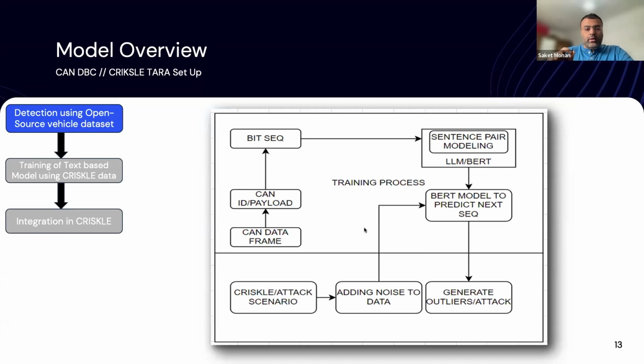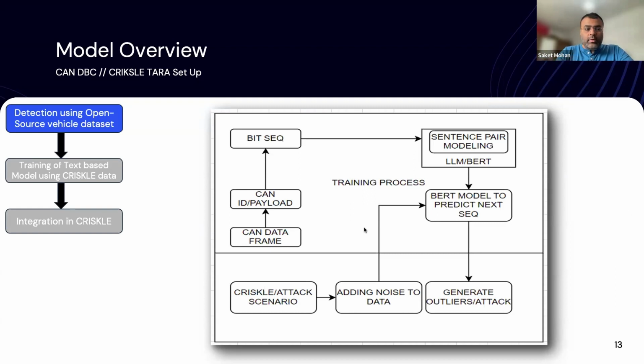Applying the same principle to CAN ID, if we feed the respective CAN IDs to this model on this data set, we were able to identify the next upcoming CAN ID in the CAN logs and then predict the next logical